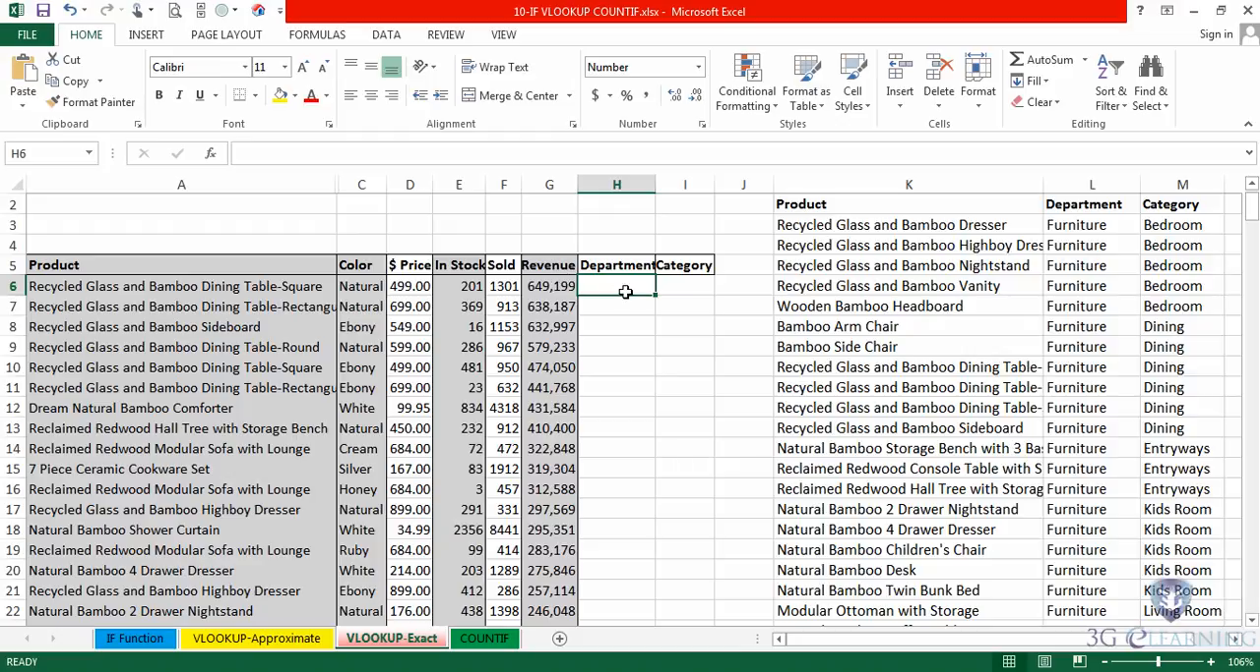Columns K, L, and M have a master list, and we would like to view the information in column A and match up the information with the data in column K. Then pull up the department and the category. We want to know in which department this product, recycled glass and bamboo dining table square, is located, so we'll use